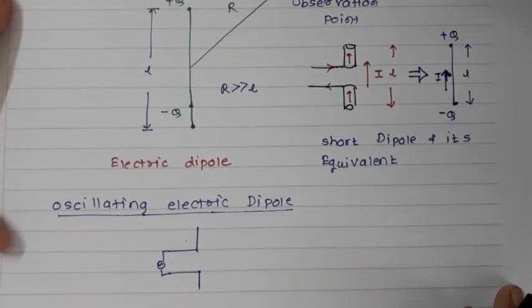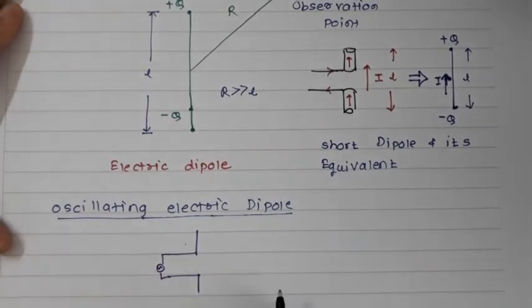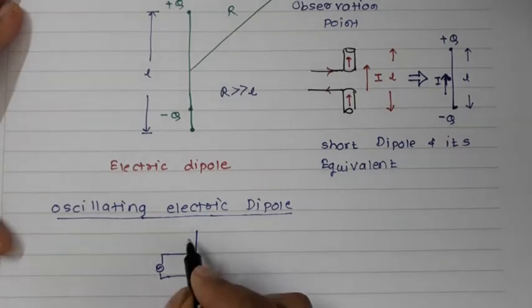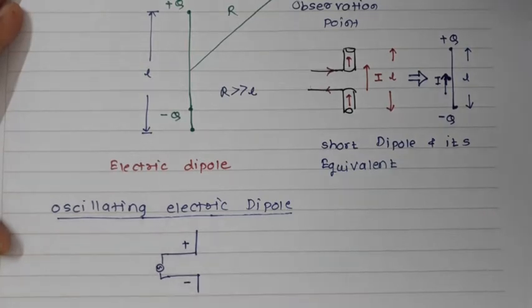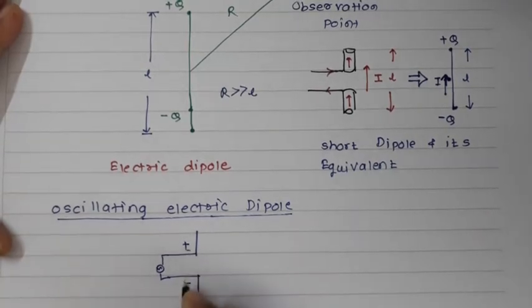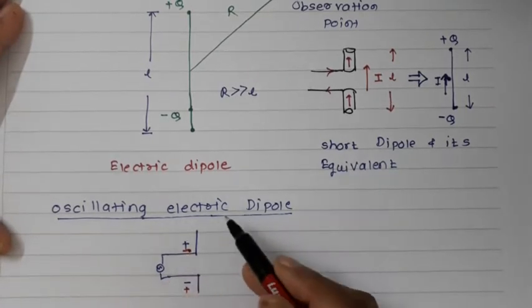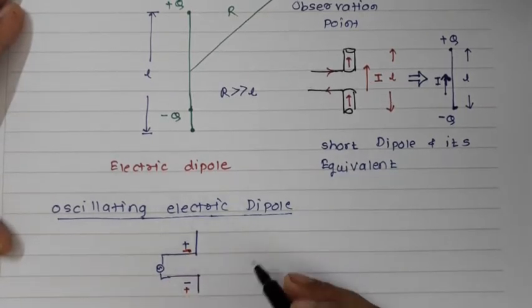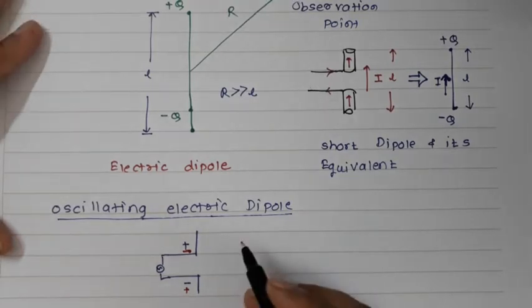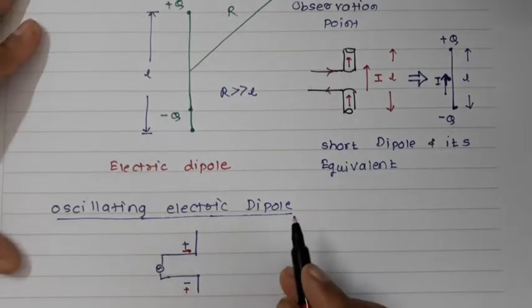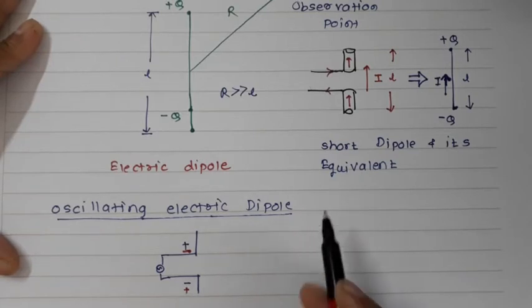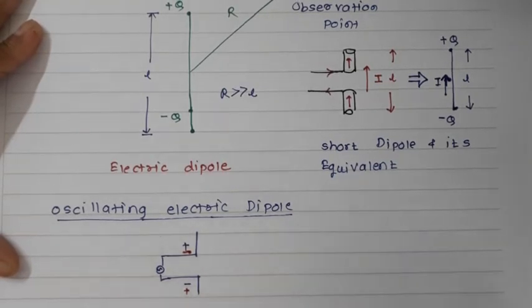Whenever it changes direction from negative to positive, the charge unbalance will first neutralize and then reverse. So the upper end, which was initially positive, in the next cycle becomes negative and the lower end becomes positive. The upper end now behaves as negatively charged while the lower end is positively charged. This oscillating nature of current thus results in oscillating charge, and therefore the system is also called the oscillating electric dipole.